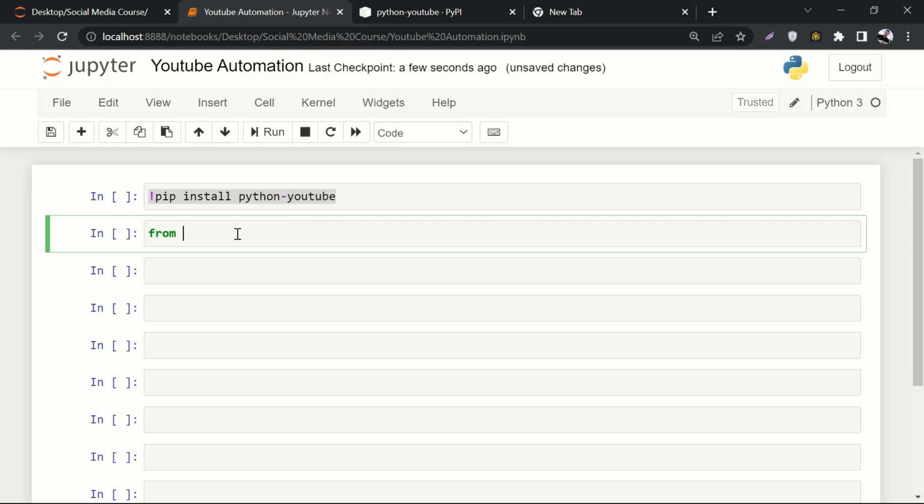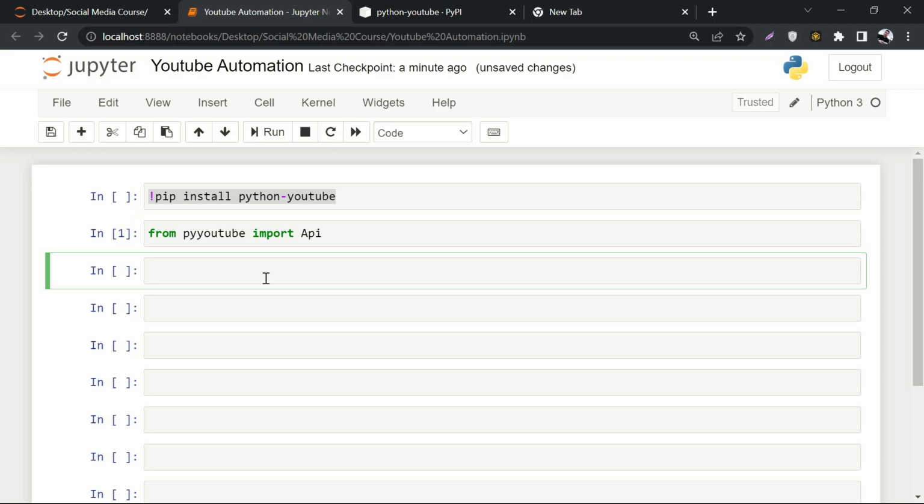So I'll say from pyyoutube I want to import Api, right? Now let me run it and see if it is importing or not. Yes, it is importing. Now the next thing is we want to instantiate an object of Api, the YouTube API, right? So we'll say api equals to